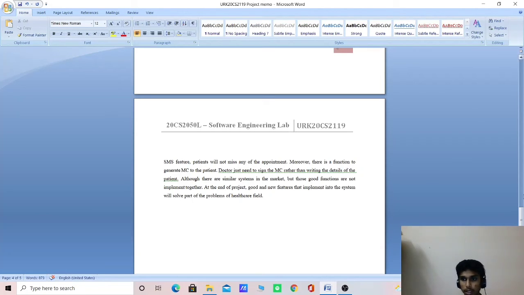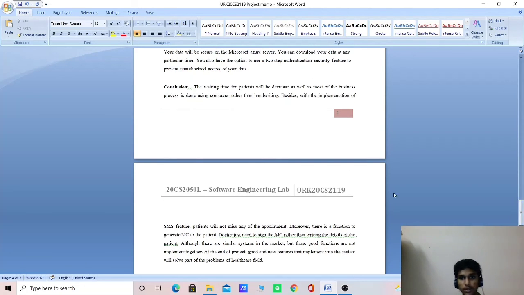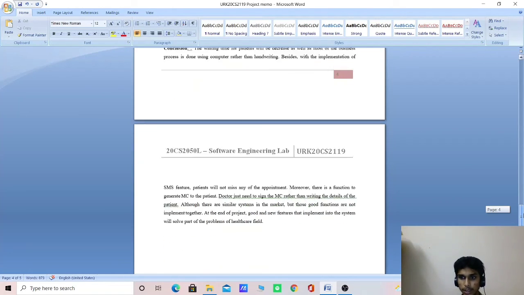So, by the conclusion, I need to say that you can decrease the time by giving and taking the appointments. By giving, I mean from the doctor's side, giving the appointments, and taking the appointments from the patient's side. Okay, you can decrease the time, and you can have the appointment at any time whenever the doctor is free and you are free. That is due to the client.